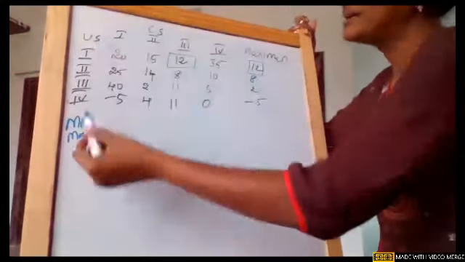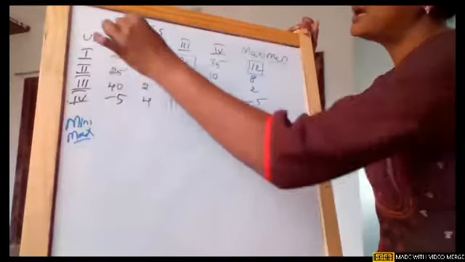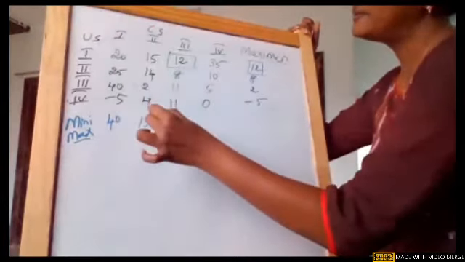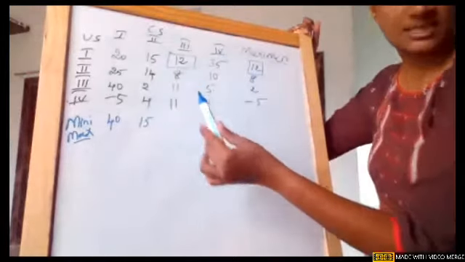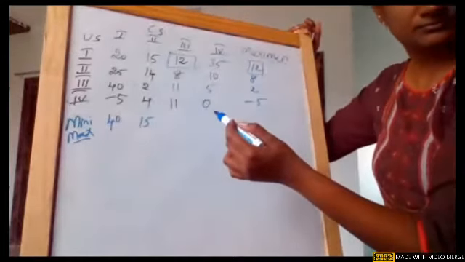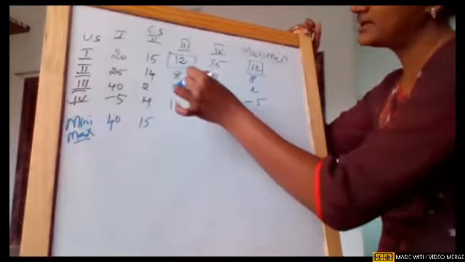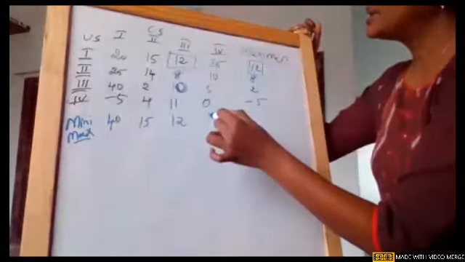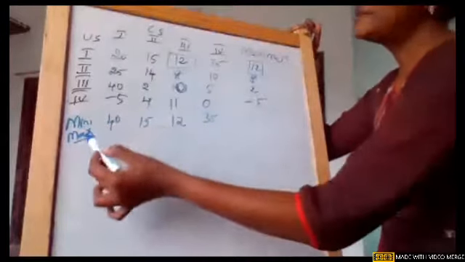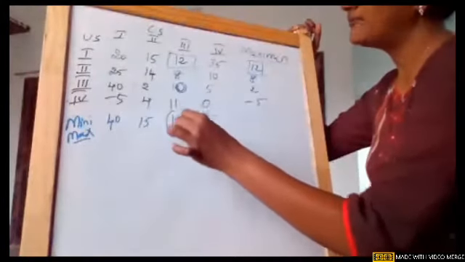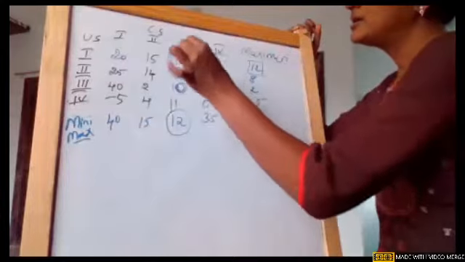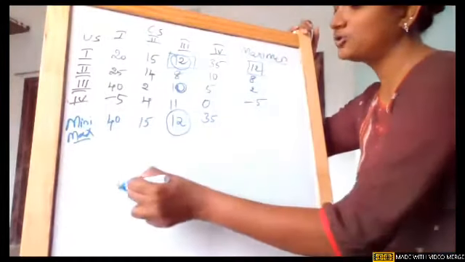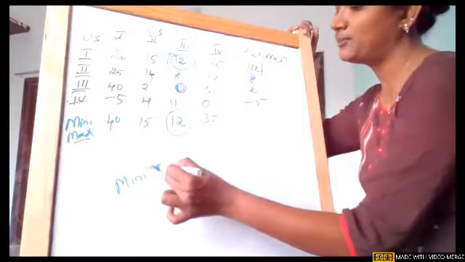Now come column wise. We need to first pick the maximum values. The maximum value in the first column is 40. Second column it is 15. Third column, I think this is 10, girls. Okay, third column it is 12, and fourth column it is 35. Out of these maximum values, we need to pick the minimum value, which is 12, and 12 is also the maximin value. So minimax and maximin are both the same.